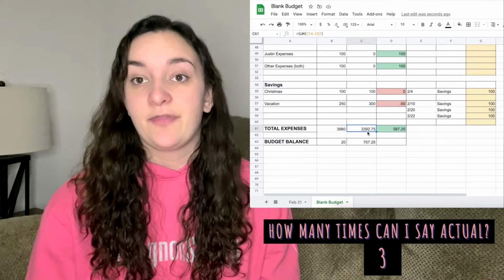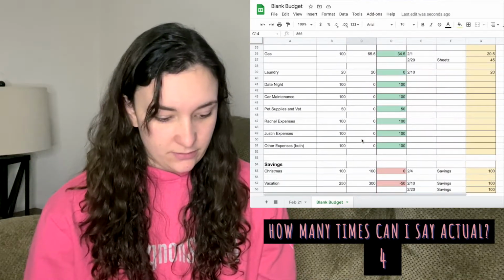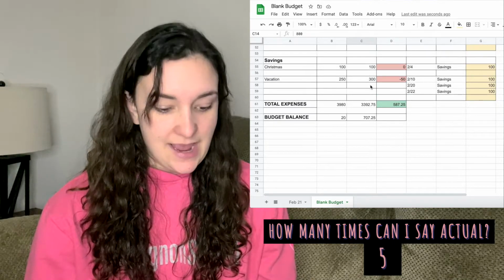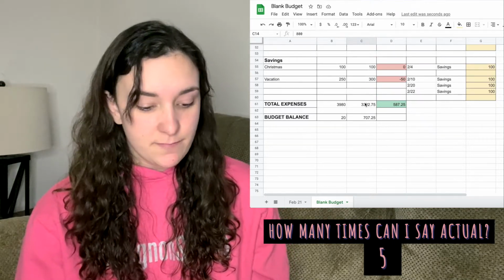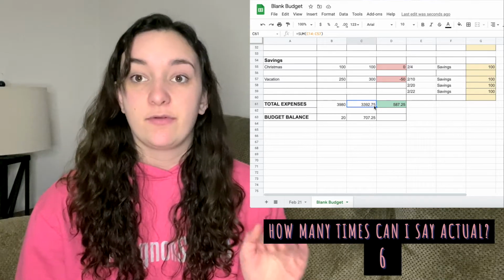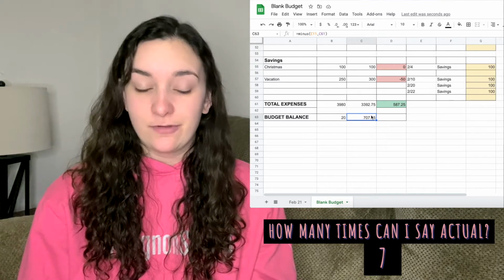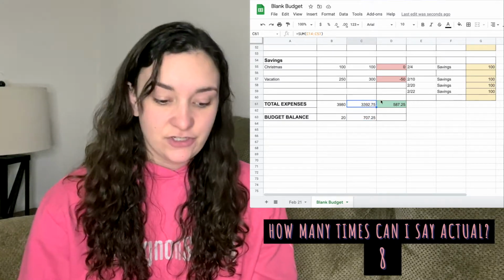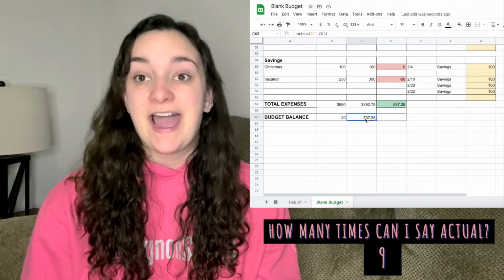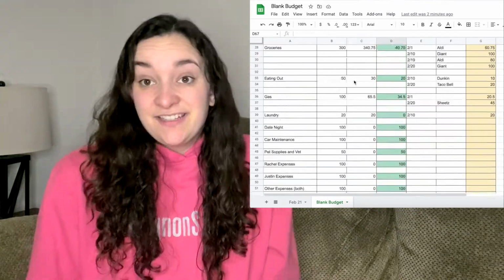So the total amount that we actually spent, again, all the way from rent, our first bill, down through expenses and through the actual amount that we had saved for the month. And this adds up all of those. So this is the actual amount that we spent throughout the whole month. And then this equation would be the amount that we actually made throughout the month minus the amount that we actually spent throughout the month. And this is how much we actually have left over. So as long as that's in the positive, we're good. And so that's pretty much it.